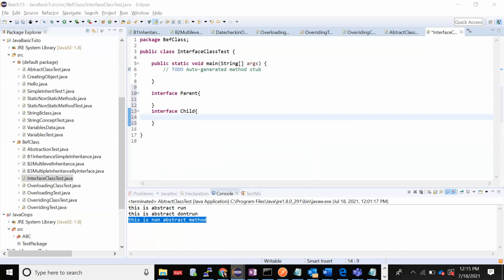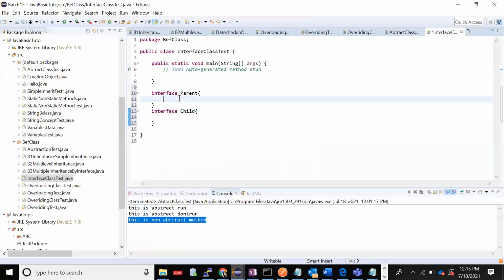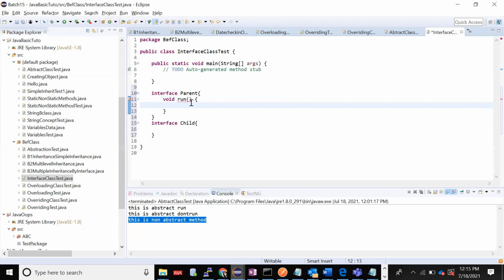Now the next syntax: I'm declaring one method here, void run.